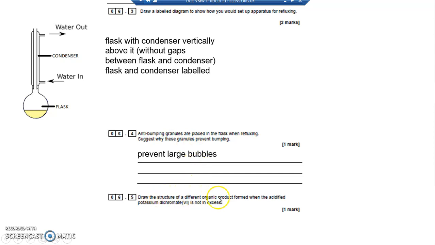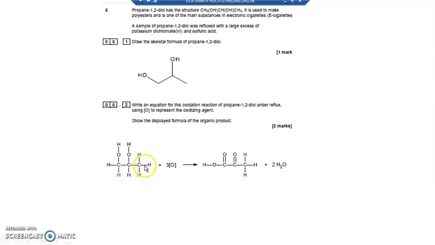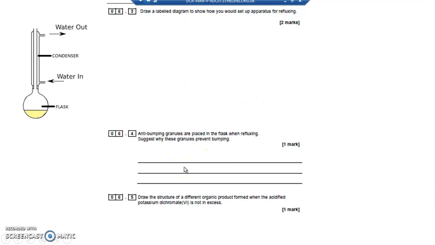Draw the structure of a different organic product formed when acidified potassium dichromate is not in excess. Well, not in excess, so the easiest one to show is that this would form an aldehyde group, and therefore it would stop at an aldehyde group if it's not in excess and would never form the carboxylic acid group. That's the easiest one to draw,